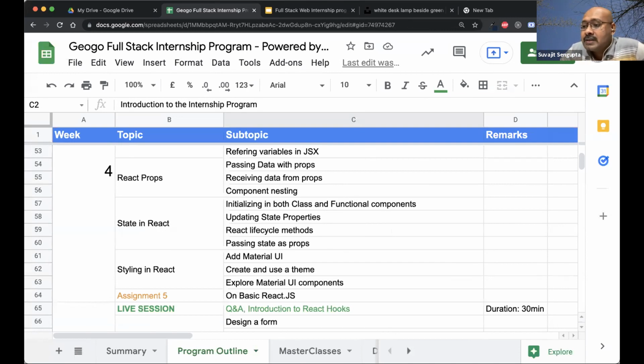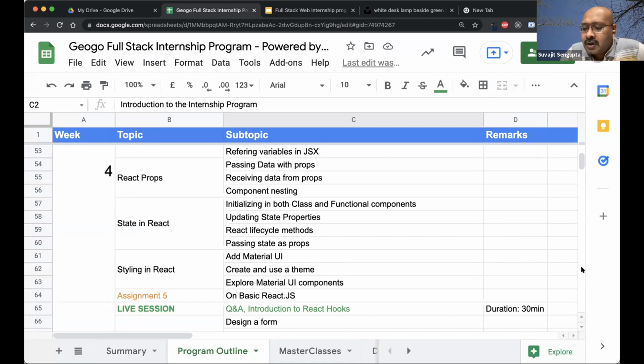The third benefit is that you will be able to build a good portfolio of your work, which will be on GitHub. After 8 weeks, the way we have designed the course, you will have a lot of your code written on GitHub, which is like social proof today that you know how to code and how to develop an application in React. So that will help you. That is the third thing.